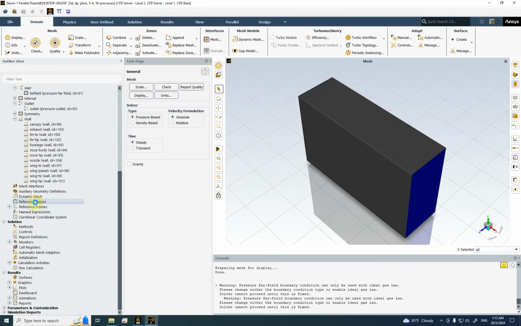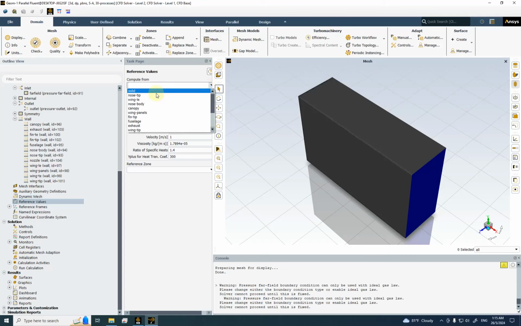and the reference values, okay, you want to compute from far field. Where is the far field? Here. Okay, this area, okay, is the wing planform area. Since we are modeling only half of the aircraft, so only one side of the wing planform area will be used here. Okay, so for now I'm just going to put one here,